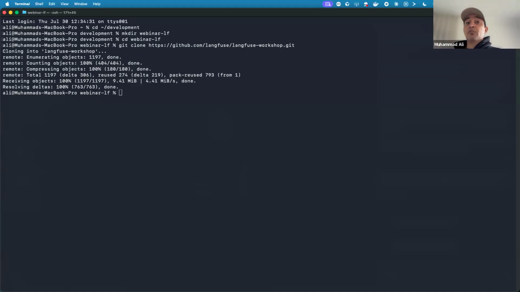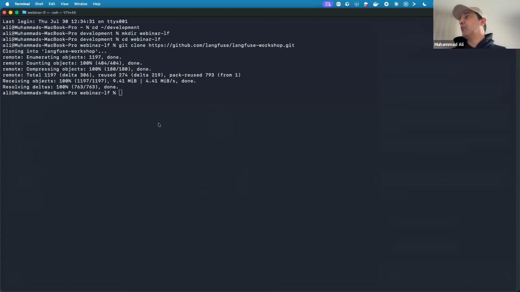You can be on Windows but you can still follow along. The commands work the same, so the git clone will work exactly the same. You go to MS-DOS, whatever that prompt is in Windows, I forgot the command prompt, and you can clone your repo as well. Cool.